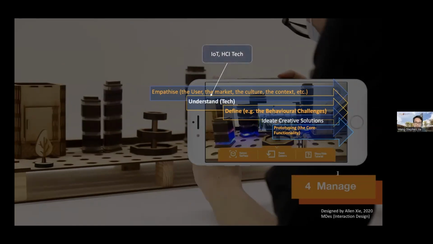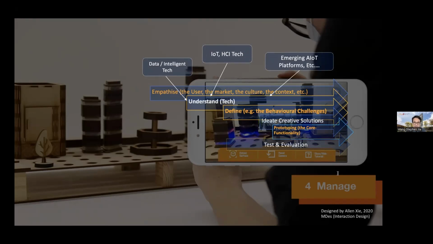About the technology, in recent years, we emphasize IoT, human-computer interaction technologies, and data intelligence, and also emerging IoT platforms, etc. This could be changing all the time, and maybe more advanced materials, textiles, possibly. It depends. It also depends on students' interests. Then we're going to define the behavioral changes. For example, you could emphasize different aspects like a circular economy, but you need to have your unique approach to provide this solution. Then to create this concept, and then we don't stop there.